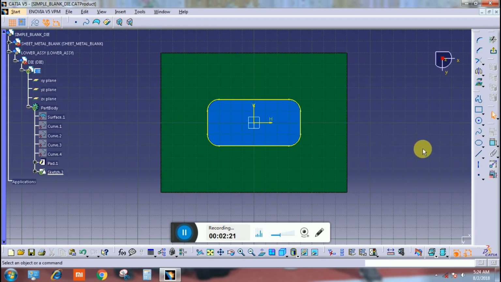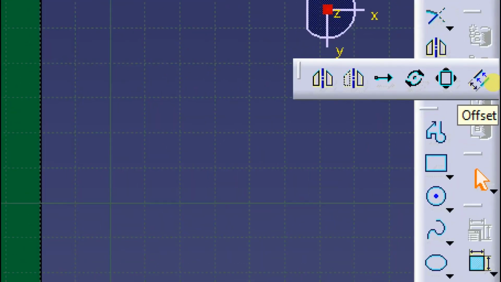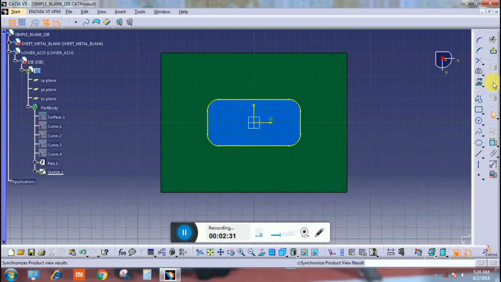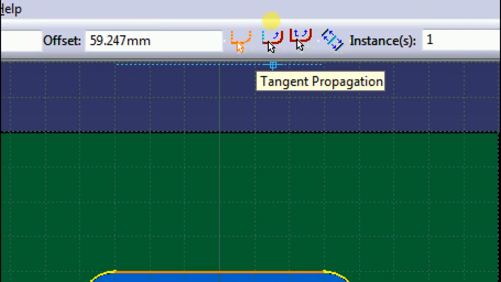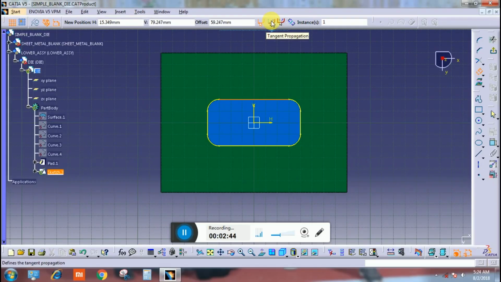give an offset line. Select this command, offset. Select a profile here. From here select a tangent propagation and no change in your profile system.